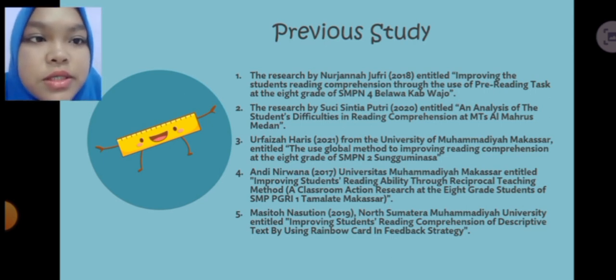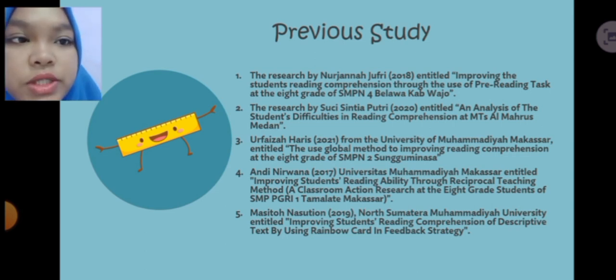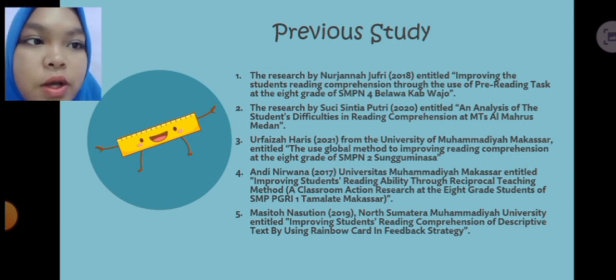And then the third is Urfaiza Haris, 2021, from the University of Muhammadiyah Makassar, entitled "The Use of Global Method to Improve Reading Comprehension at the 8th Grade of SMP 2 Sungguminasa."